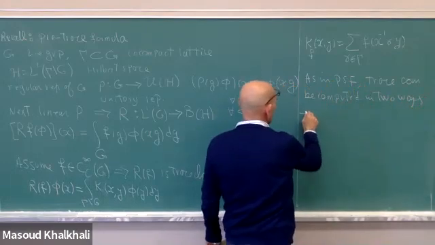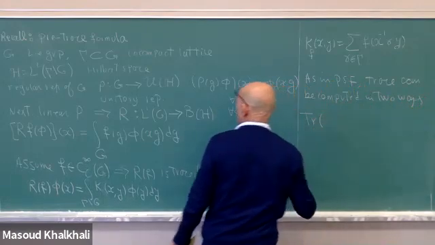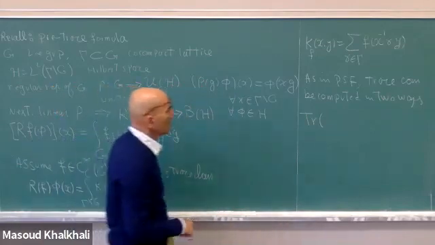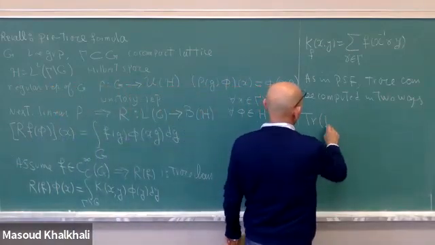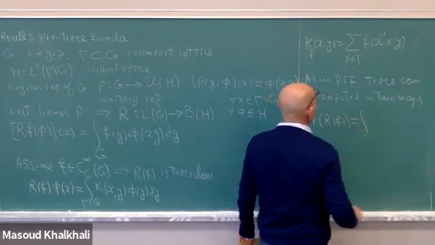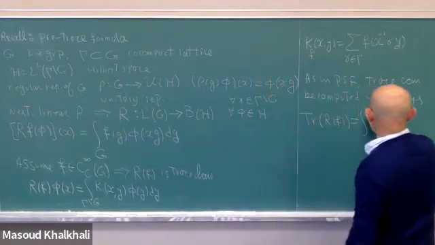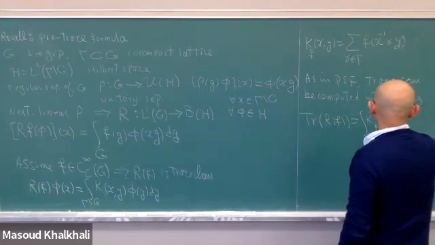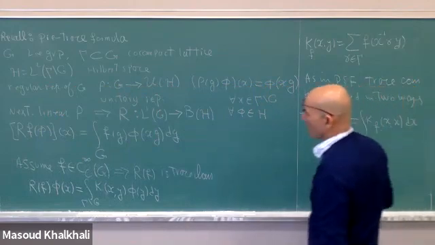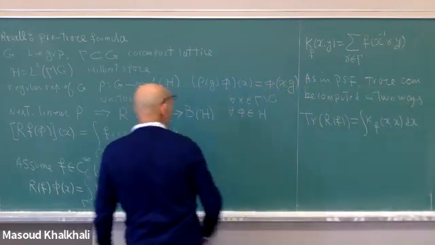So this is a trace class operator on this Hilbert space. So trace of R_f on the one hand is the integral of K_f of x, x, dx over G mod gamma,